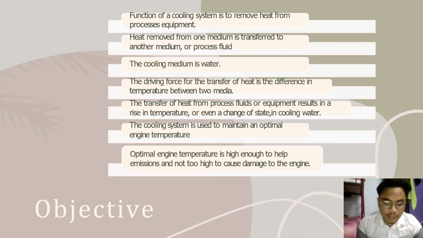Next, the cooling system has a medium that can help it to release the heat. It transfer to another medium. For example, from the hot side will flow to the cool side, like process fluid. Furthermore, it use water as a main medium because the nature of water is able to cool or lower the temperature of a substance like industrial equipment.